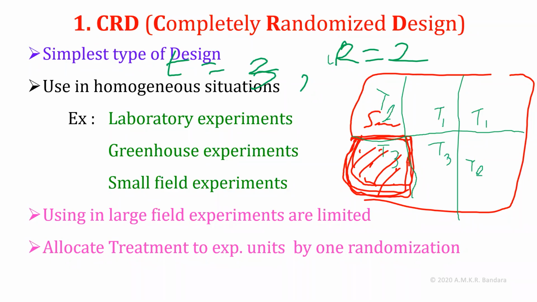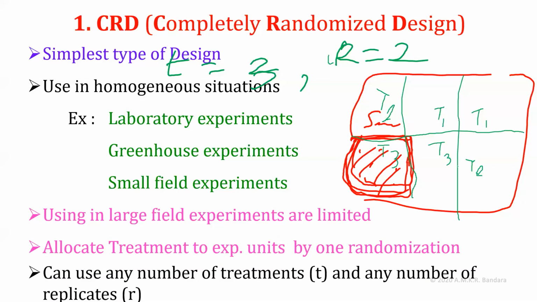We use only one randomization scheme. You will understand the difference when we discuss the RCBD. Here, all the 6 plots, we assign treatments by one randomization. In this design, we can use any number of treatments. Here we have used 3 treatments. We can use 5, 6, 7, any number of treatments